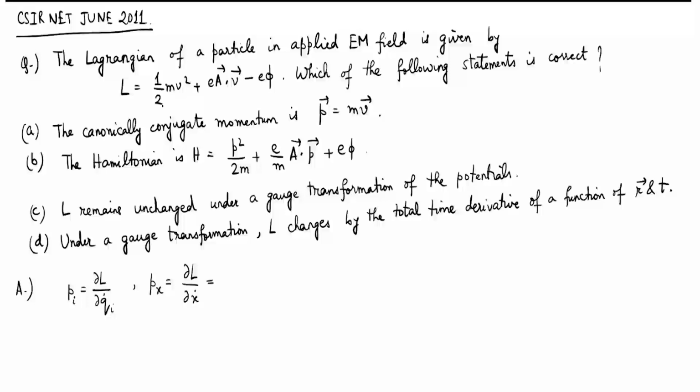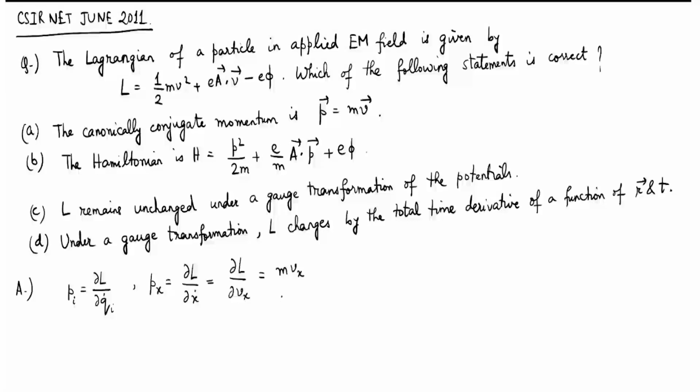What is the Lagrangian in terms of x dot? x dot is Vx only, right? So this is del L del Vx. What is it? mVx only